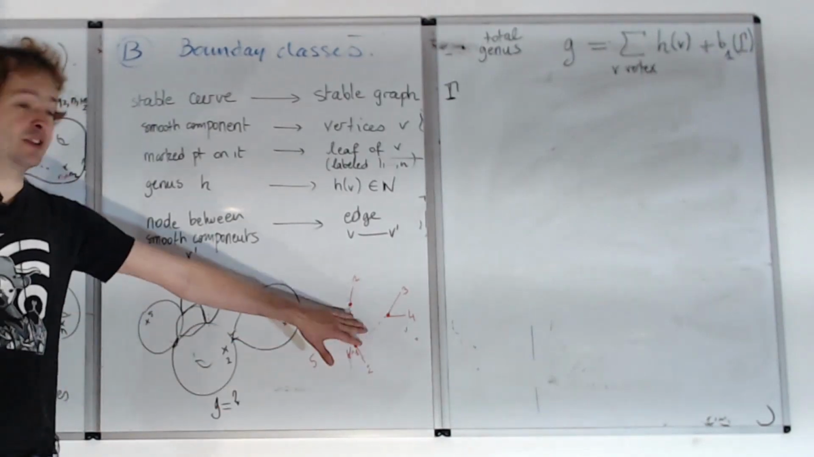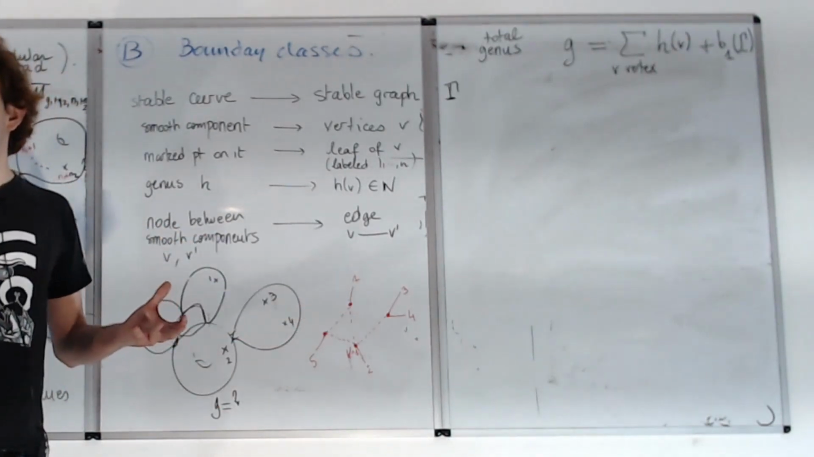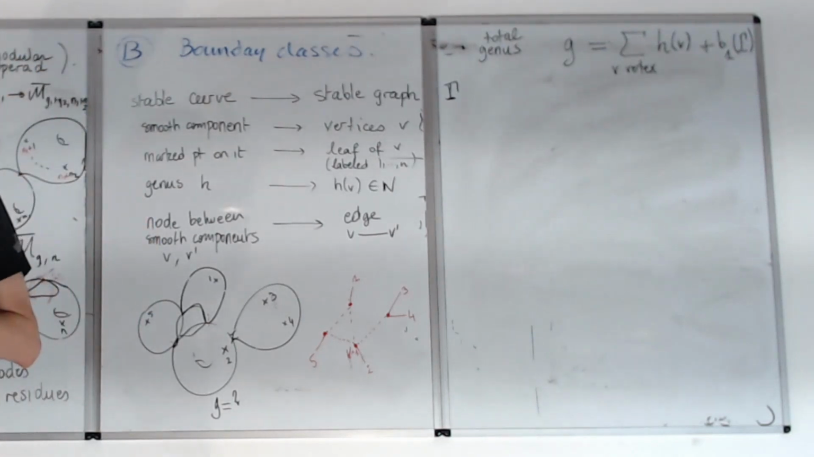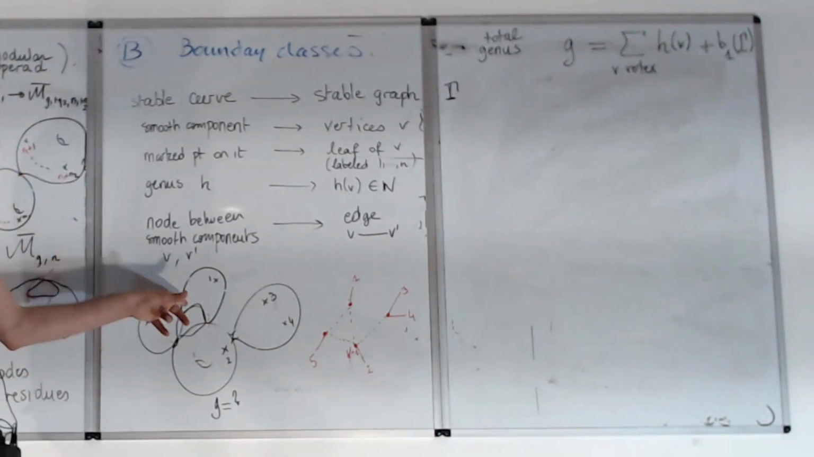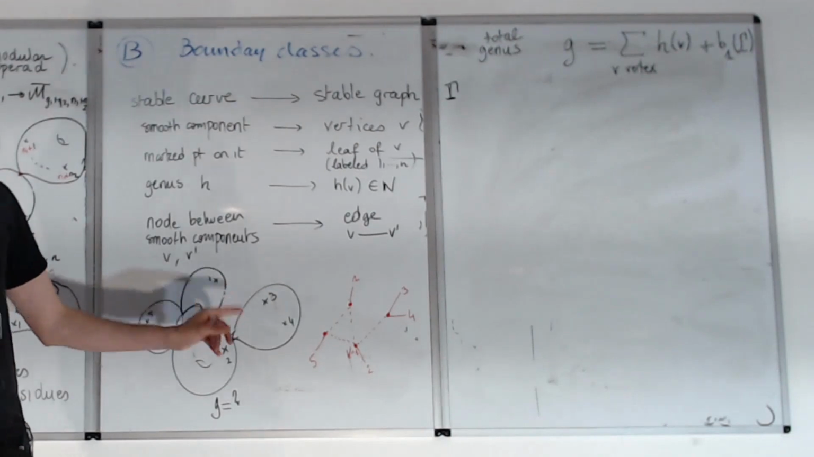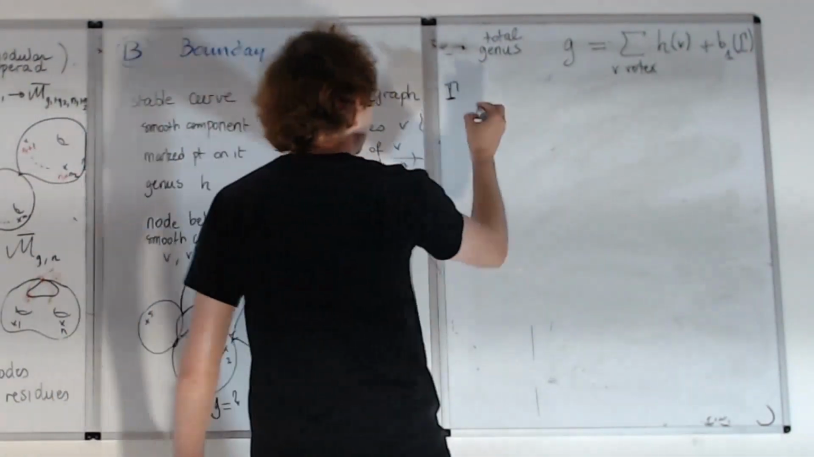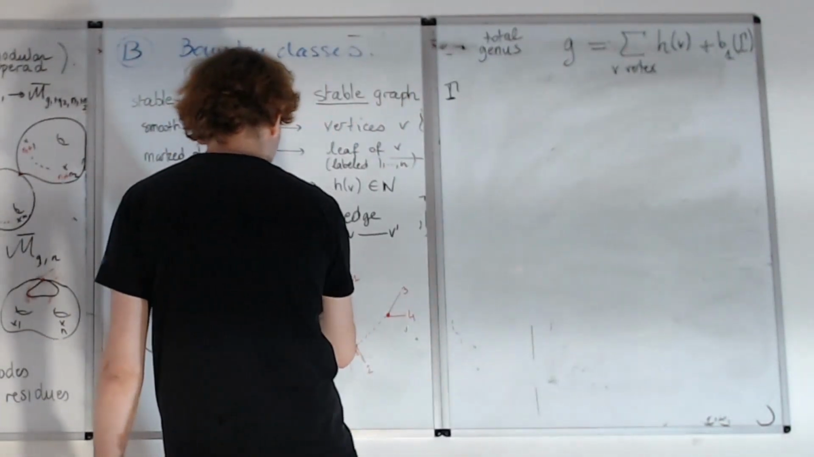So can all these graphs be realized? The answer is no, because we haven't expressed the stability condition, that each smooth component should have negative Euler characteristic. So this explains the name stable here. It means that